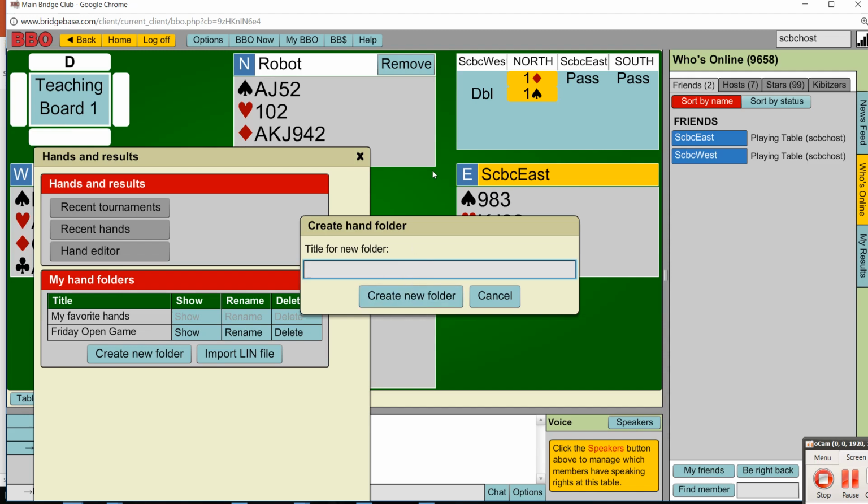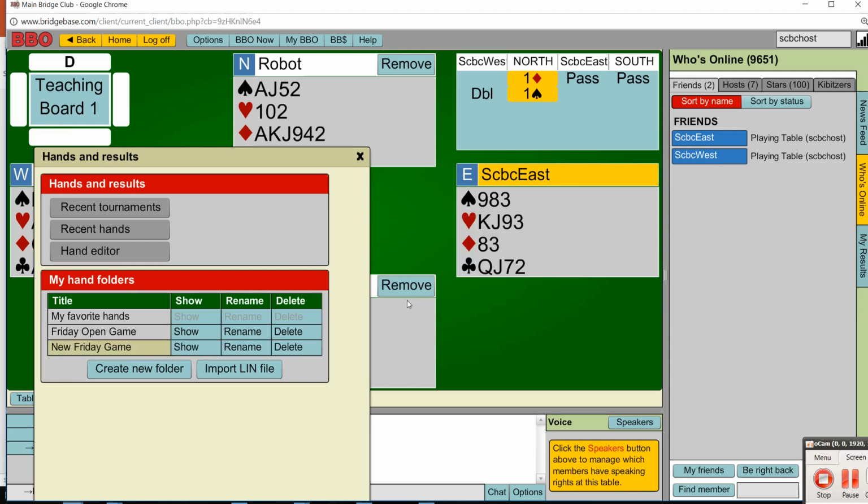I'll name it New Friday Game, and I'll create it. So we have a folder for the game file. Now let's bring in the game file. What you do is you import it. Once it's highlighted, you import it,